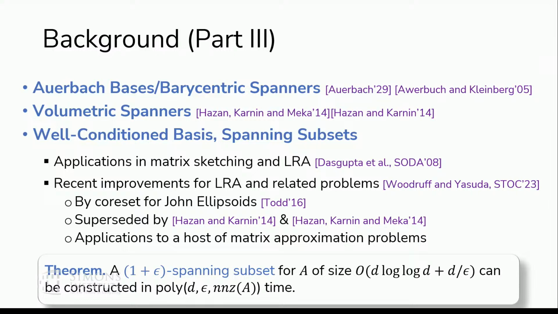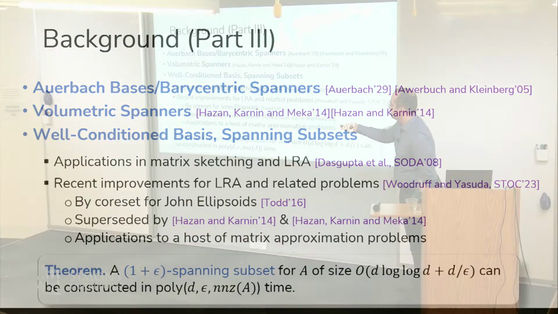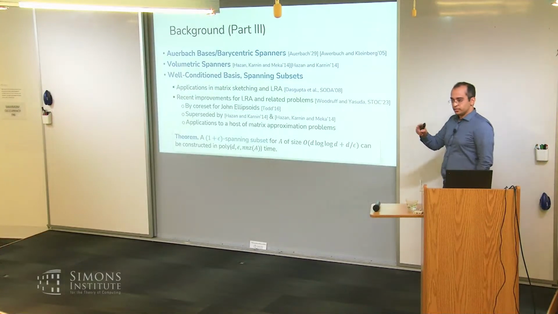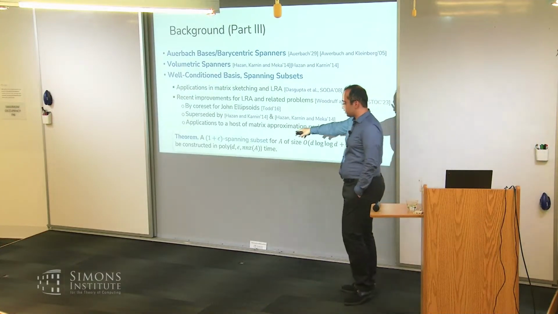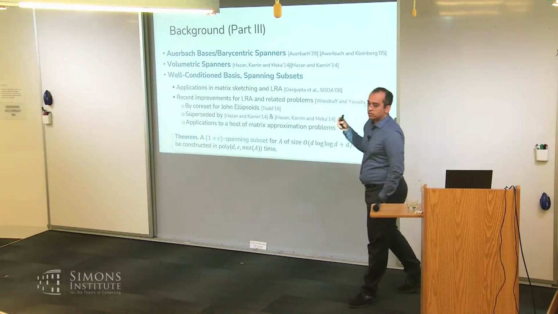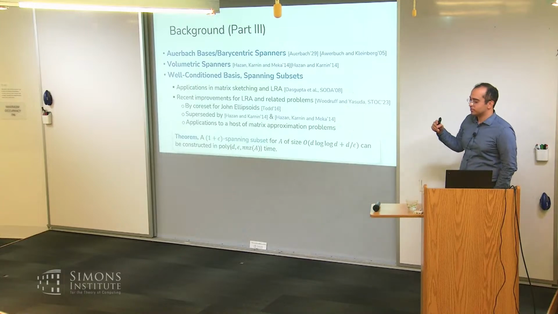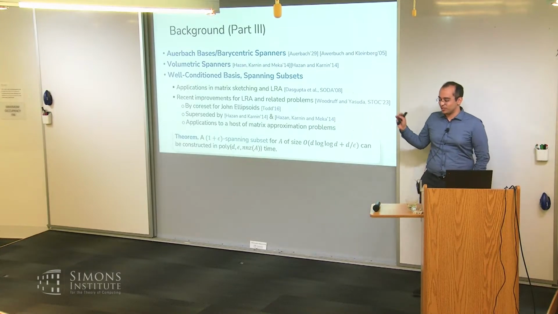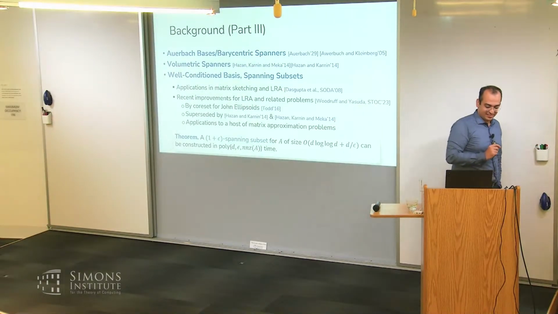Okay, and actually, the main contribution in their work is that they show that there are many applications for this volumetric spanner. Do you mean poly d and epsilon, plus NNZ, or is NNZ in a polynomial? No, it's just actually plus NNZ. So you mean the exact relation? Yeah, the number of non-zero entries, do you take that to some power also? No. Okay, I just wanted to be fair with all the algorithms. Yeah, but it's just plus NNZ. Thanks.